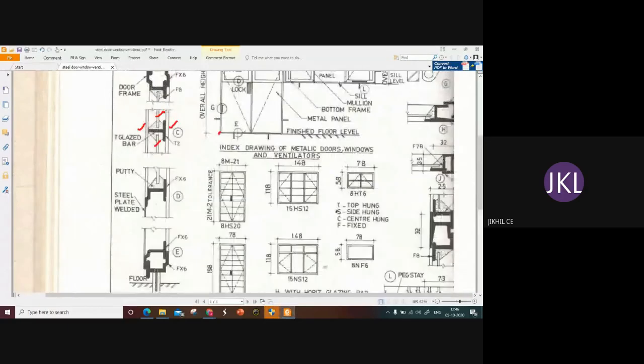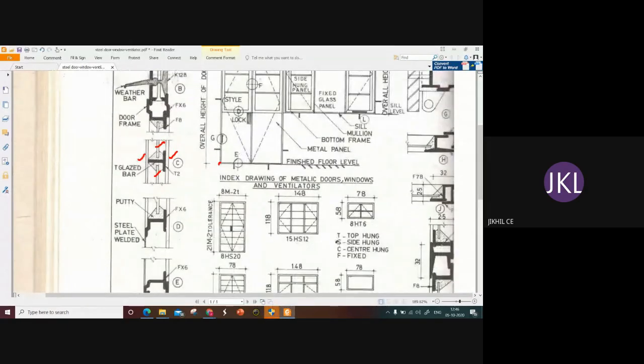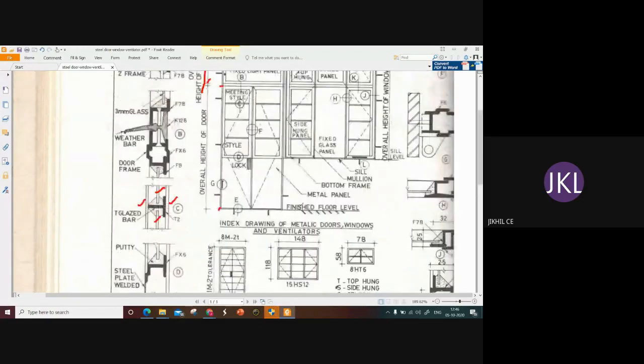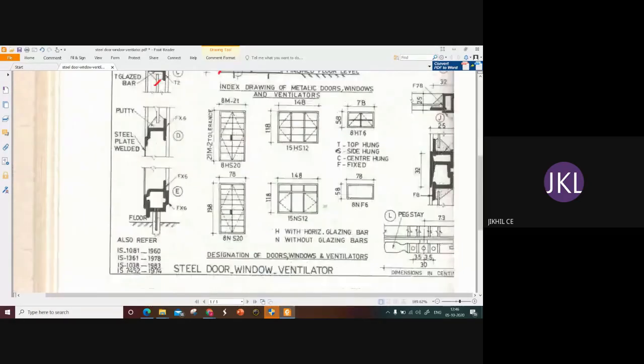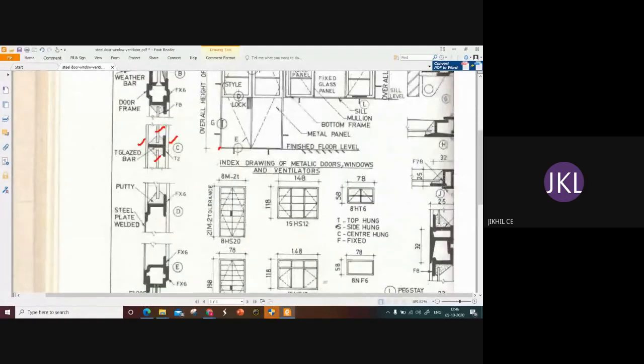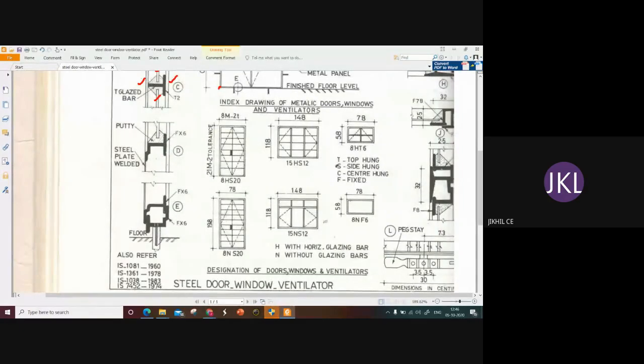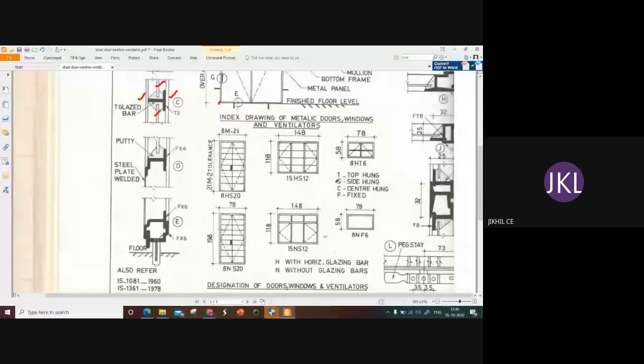So in this order, we have the enlarged view of portion E, which is the bottommost, because the bottom portion of the door meets the floor level. We know that the windows are always placed at a certain height. This door touches, or the bottom level is, the finished floor level. This is the enlarged portion of this E. So this shows that if you are providing some bolt for locking the single panel towards the floor, they're providing a portion like this, and this represents the bottom frame.